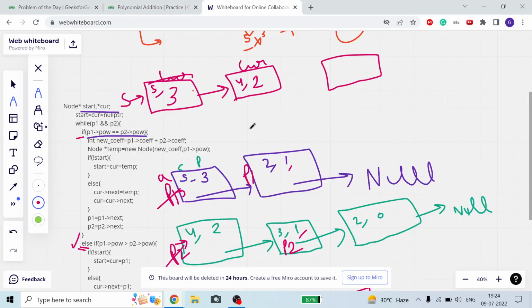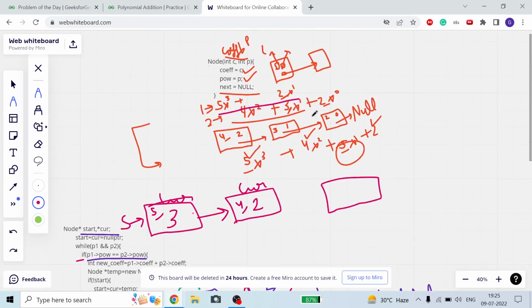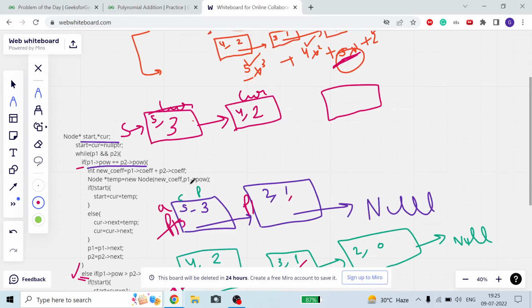It is described in my function in the GFG default code. So now I will make a new node temp with a new coefficient. Power remains the same. When adding 3x and 2x, power remains the same, only the coefficient changes, like 5x, x remains the same. So power is equal to 1.